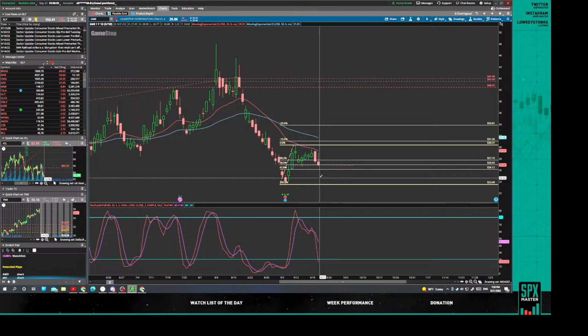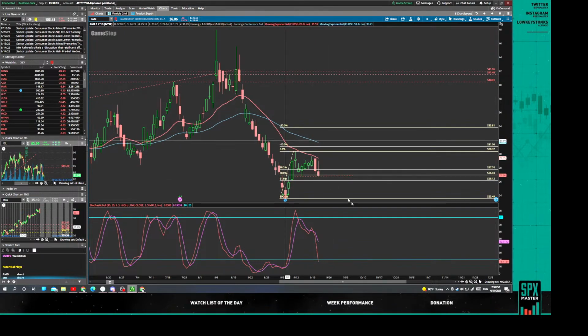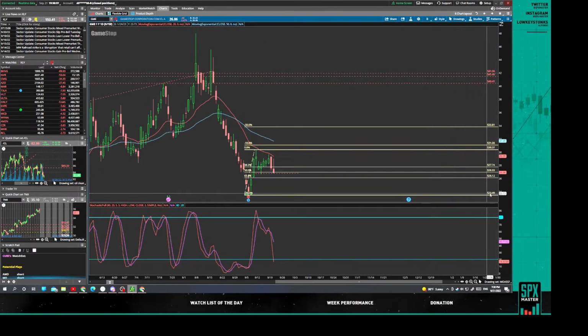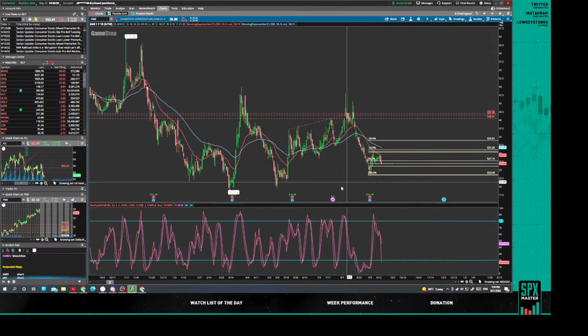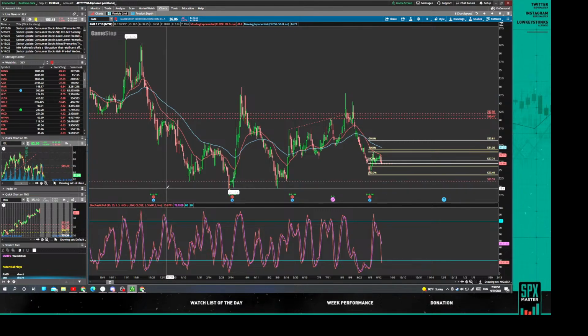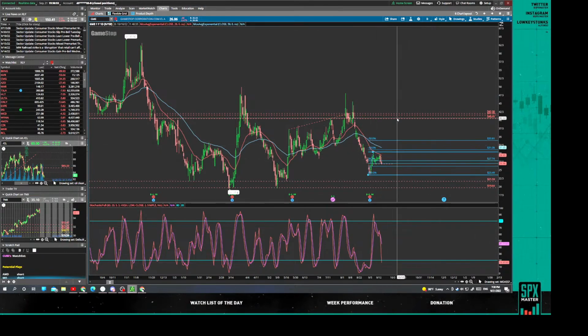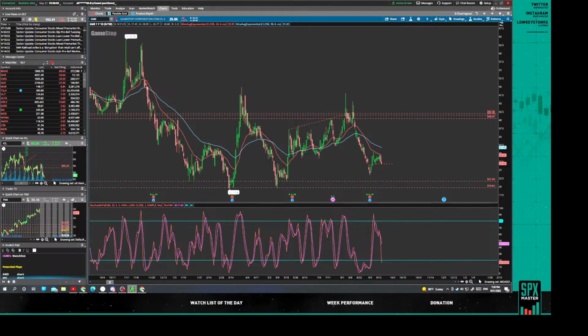Boom, like this. Your next target to the short side is 26.12, and if it loses 26.12, prepare to see 23.49. And if you lose 23.49, prepare to see this and this: 29.51 and 19.64. That's what you're looking for. All right.